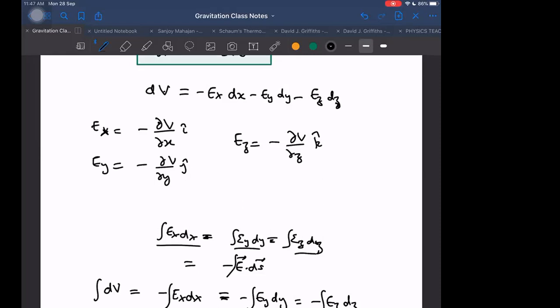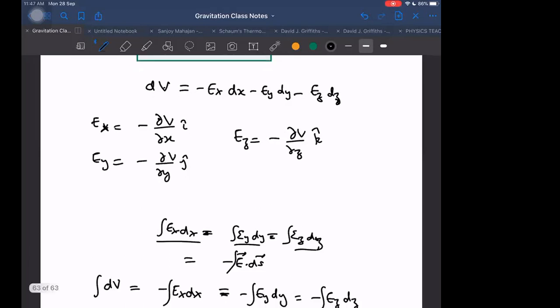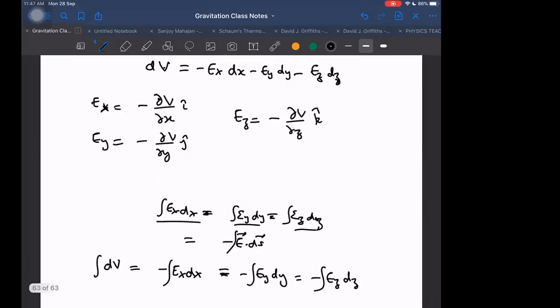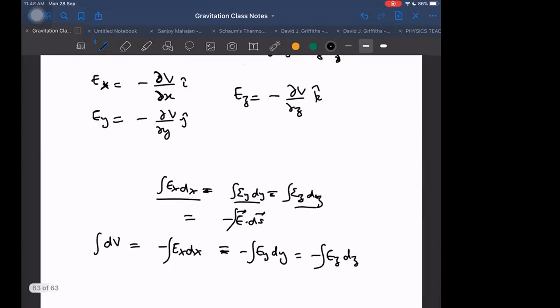Now if we integrate again, we will get the same integrals everywhere. These are all independent of each other, and these are partial derivatives. Del by del x means partial derivative. We are differentiating partially with respect to this only. So therefore we will integrate partially with respect to one at a time. We can think in that way also, right?